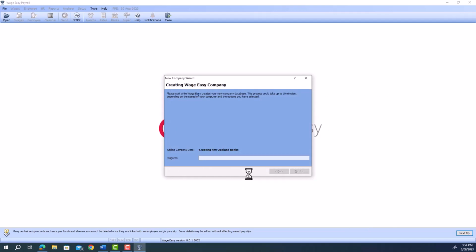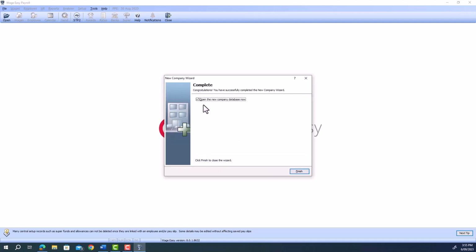Just wait for the setup to complete. This might take a little bit of time because it's just updating all the tax tables, awards, the basic standard awards that come with the file. So we just need to give it some time. And there we go. So we've just created a WageEasy basic company file, and you can open this in the